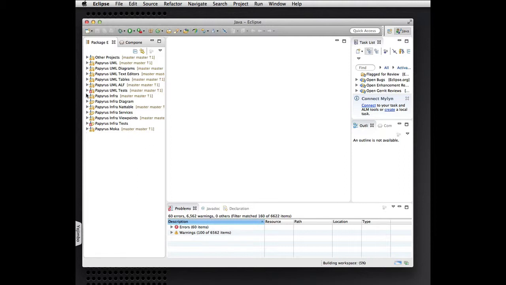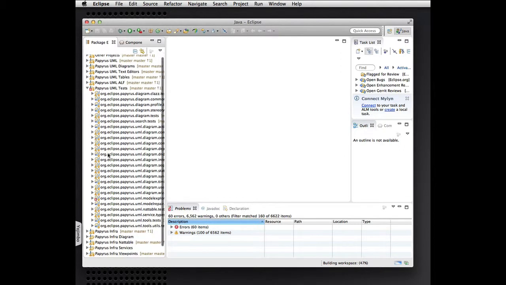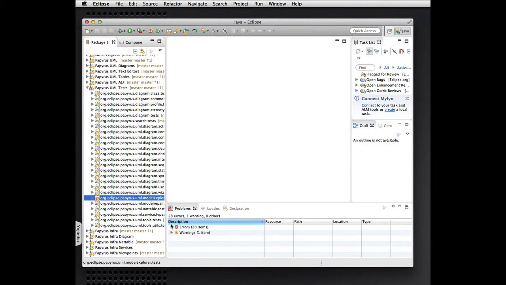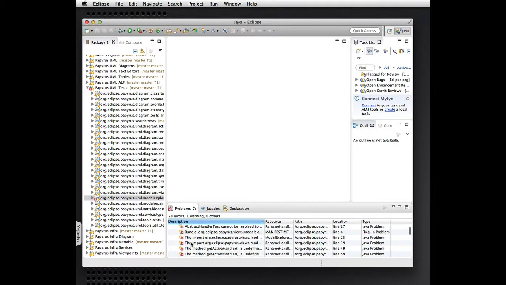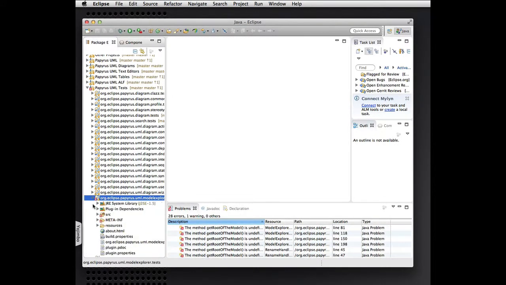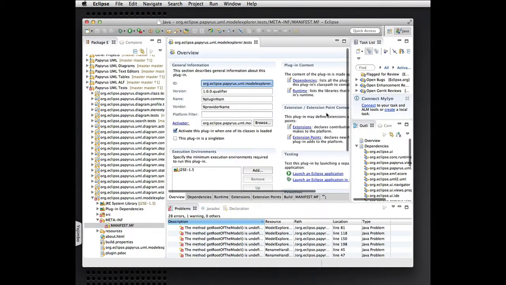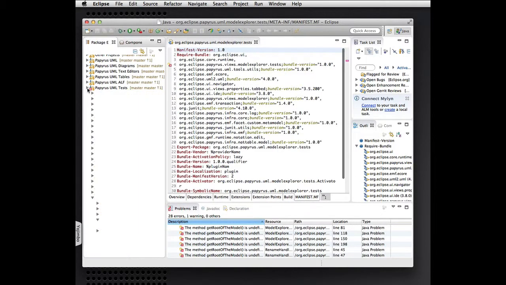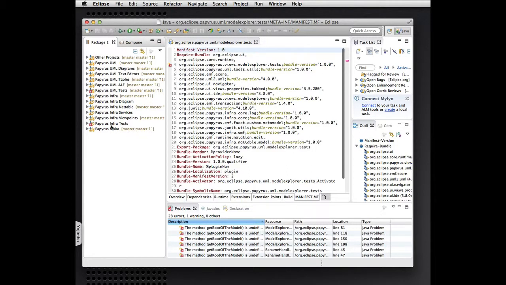Whoops, we have errors. What's going on? So let's look in here. What is the problem? Oops, looks like we have a dependency on a plugin that we didn't import or isn't available somehow in the target. Oh, of course, Model Explorer tests. Well, right, so to get that,